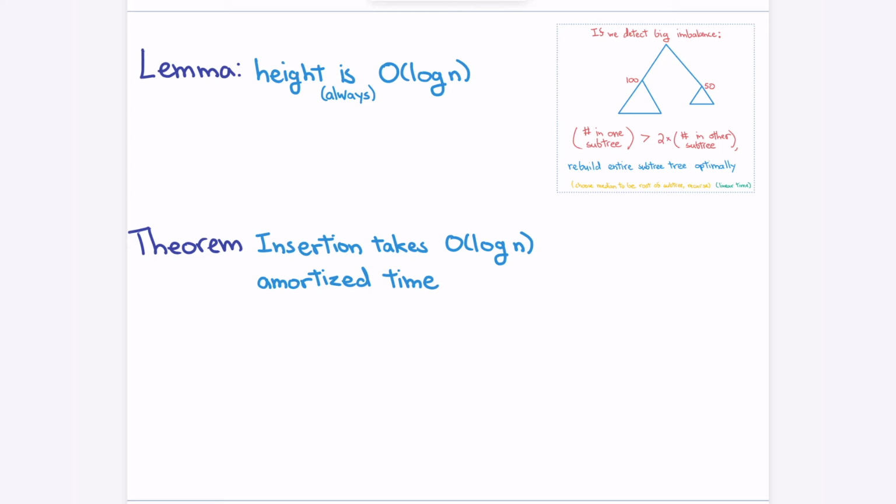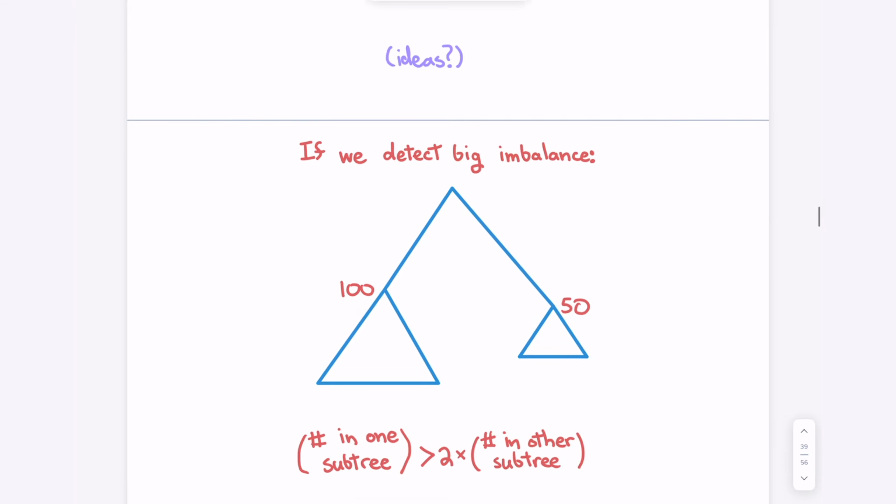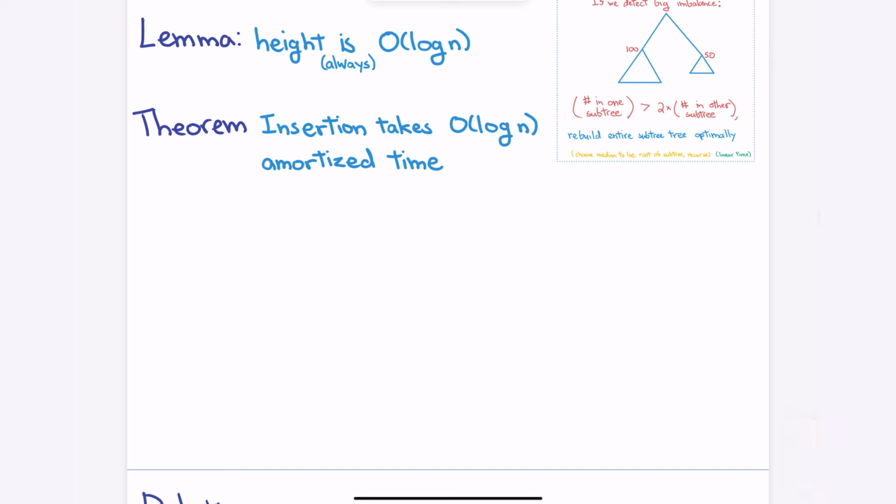So the interesting question then is why does insertion take log n amortized time? Sorry. Why does insertion take log n amortized time? Okay, so do I have a good picture? First of all, you guys seem to like potential, so we'll go like that. So I have some kind of tree,